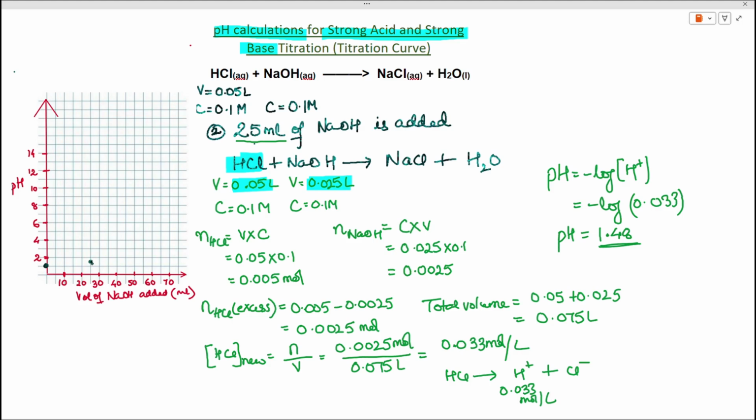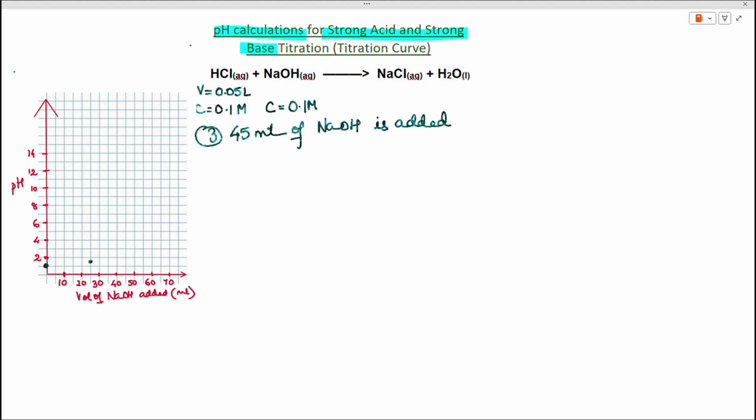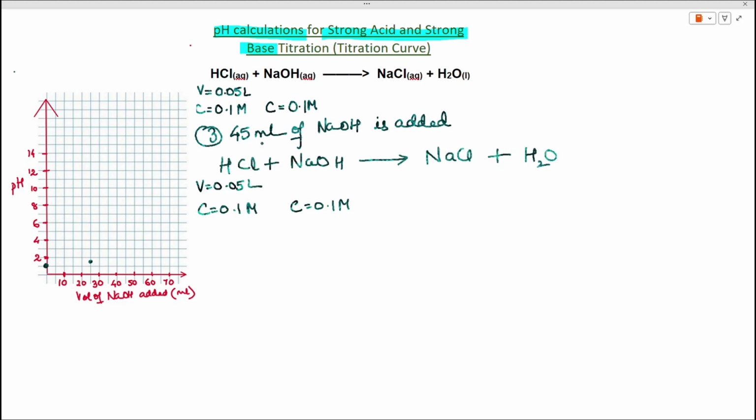So we've made a mark over here, and now we'll proceed with our next part. Now we are adding 45 ml of the same concentration NaOH to the HCl, and we'll figure out the pH now in this situation. So now because we've added 45 ml of NaOH, the volume of NaOH added is 0.045 liters. We'll again do the same process. The number of moles of HCl is equal to concentration, which is 0.1 multiplied by volume, 0.05. So this gives us the same number of moles,